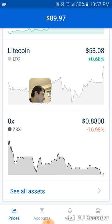I've switched gears and thought about it like this: it's very long term if you have a higher circulating supply, just let it grow, just let it sit and hold on to those coins. But now I'm paying attention to the coins that have low supply and circulation, because that means the prices will jack up sooner during the next bull runs. So I'm going to go ahead and pick up a few ZRX, and more likely